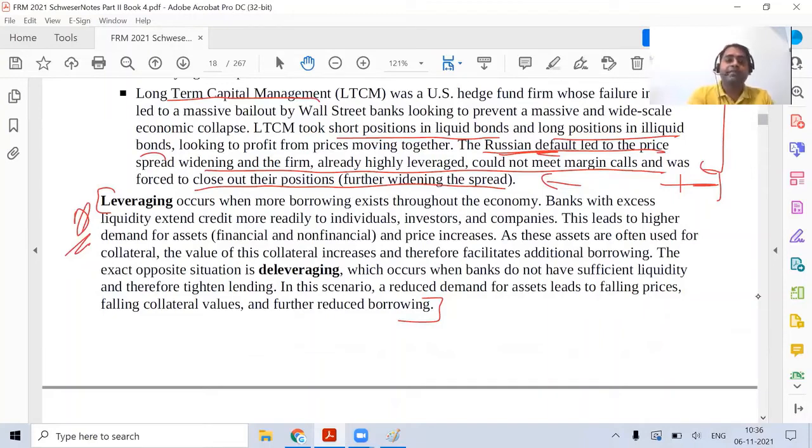Now, this leveraging part, where excessive borrowing is happening throughout the economy. Suppose the government has reduced the lending rate, and banks are able to give loans at a very low rate. People are able to get credit easily. Companies and investors are able to raise money at a very low cost. Because of this, more money is going to come and the money supply will increase. They will put in more factories, and more production is going to happen. The prices on average will increase because now everybody is having money, and that will lead to inflation.